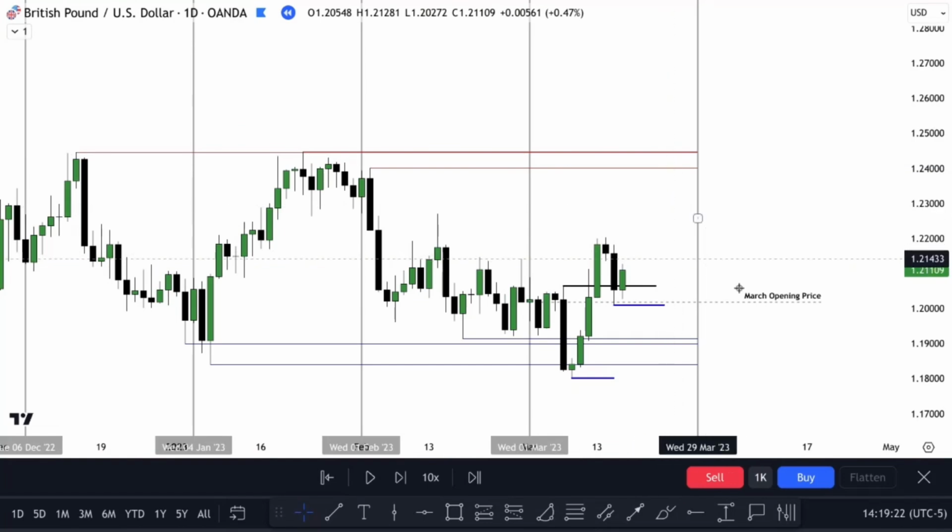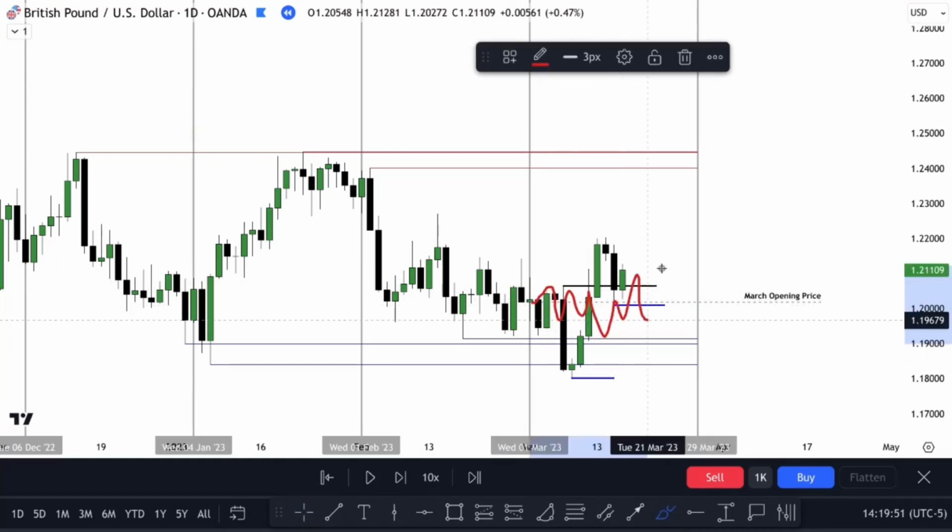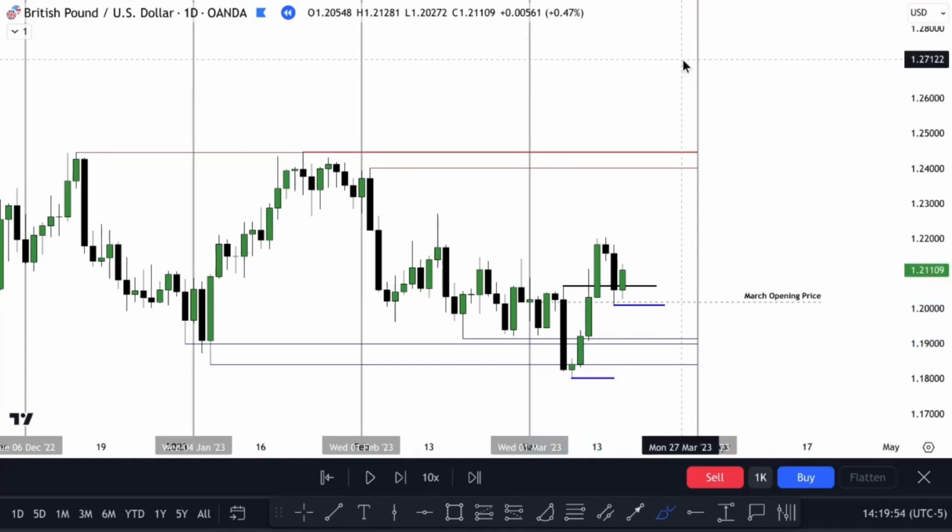Now, many people may ask, but now we're above March's opening price and in a premium. That is true. But if the market is going to trend, it's going to negate the fact that it's in a premium and most likely trend higher because it has an objective to go to higher prices. If the market's going to trend, just because it gets into a premium does not mean it calls for reason for it to ultimately sell. Because if that's the case, it would always teeter-totter back and forth around the open. It will never go anywhere. All markets would just sit like this. Buy, sell, buy, sell, buy, sell, buy, sell. It needs to trend